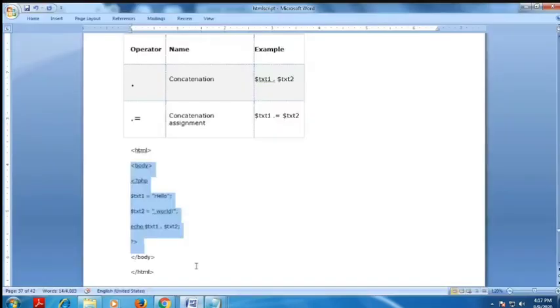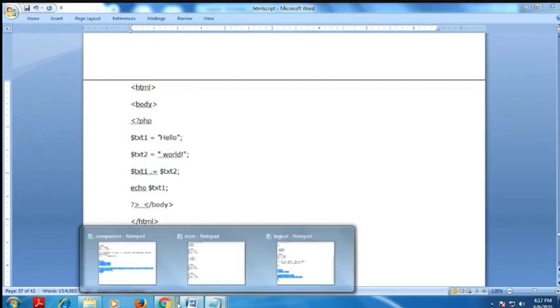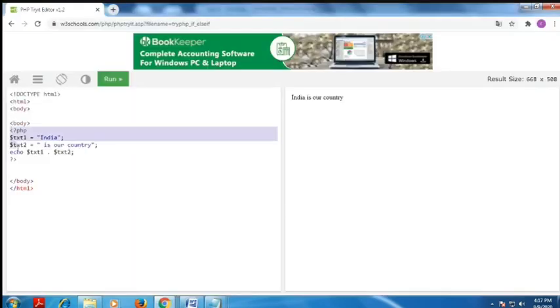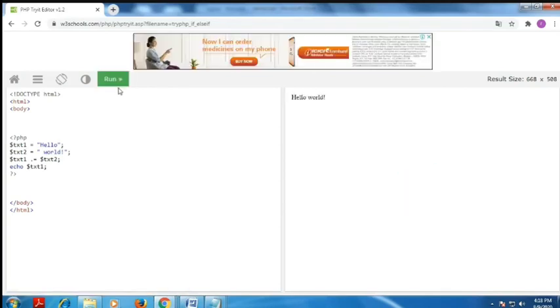Next, we see how to assign in the concatenate assignment example. See here, text one is some name and text two is some string you have to assign. How to concatenate with, I have to print this text one. Okay, concatenate equal sign. That is the meaning of this. So you have to run this. First you have to join, then you have to assign to the text one value. Text one value here joins with hello world. So okay, I have to print here text two. What is the output we'll get?